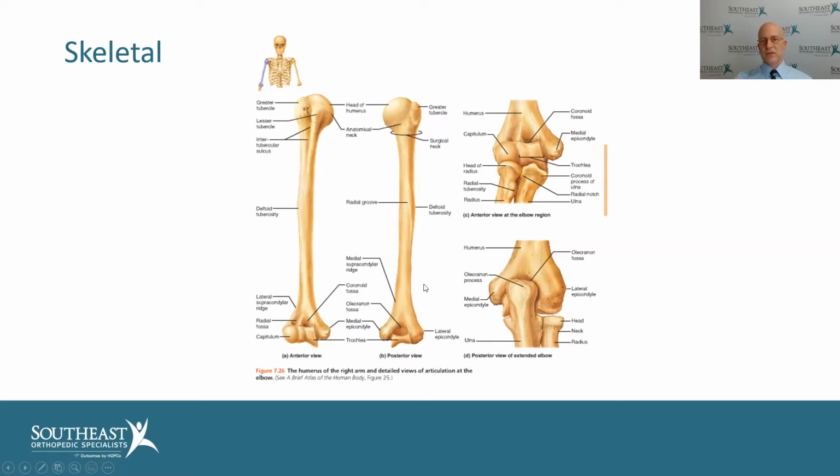And then if we go to this upper right-hand slide, where the pointer is right now, that is the ulnohumeral joint and is responsible for the hinge function of our elbow. So that's the flexion extension, the bending and the straightening. And then on the left side of that same picture, looking at the elbow from the front, this is what we call the head of the radius, and it's what allows the rotation of